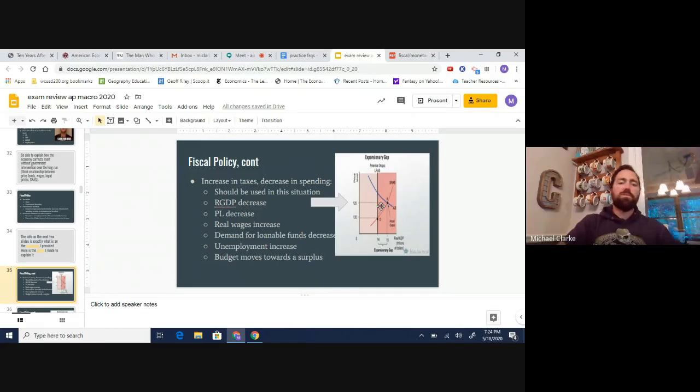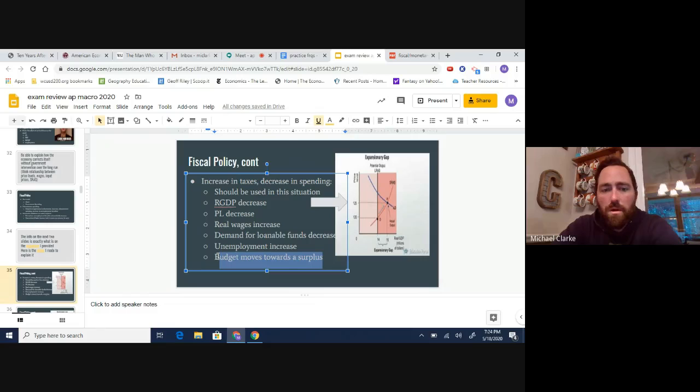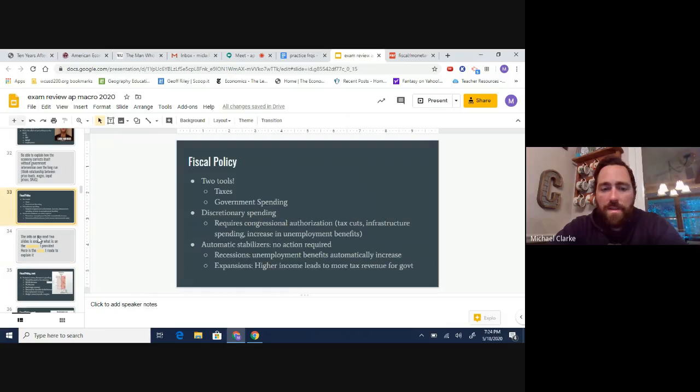And these are some of the effects, all right? If the government were to pursue something like this, if they were to cut spending and increase taxes, this last one's important too. You've got to know the effect it has on a budget. It moves their budget towards a surplus. Now the government's taking more in than they're spending. On the opposite end,